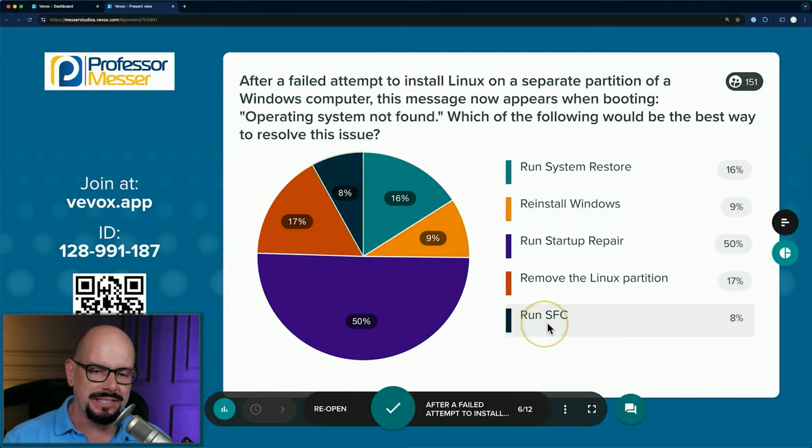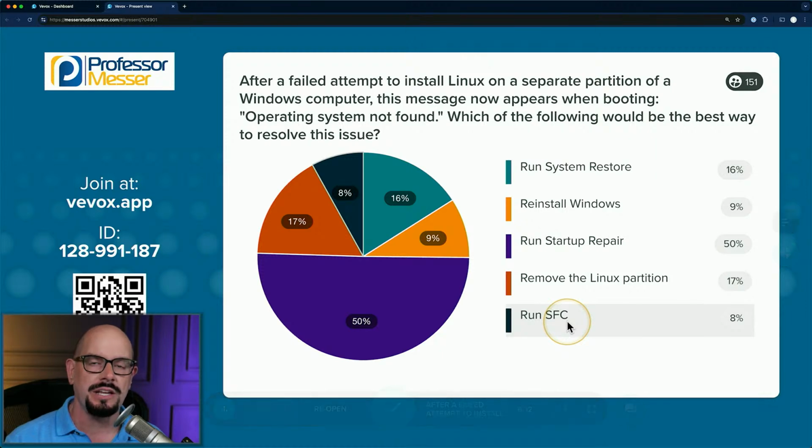And running SFC, the system file checker. This checks to see if your Windows files are the same version, the system files that were originally installed on your computer, or at least are up to date with what is considered to be the proper system files for your operating system. SFC is fantastic if something goes in and corrupts one of those Windows OS files that get things running when you start your computer. But it's not going to change anything with your boot manager. That's your whole problem here, is the boot manager.